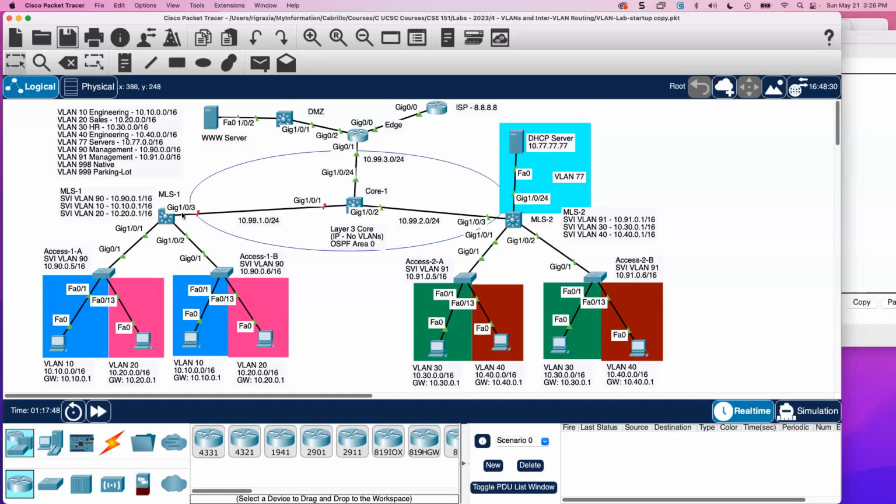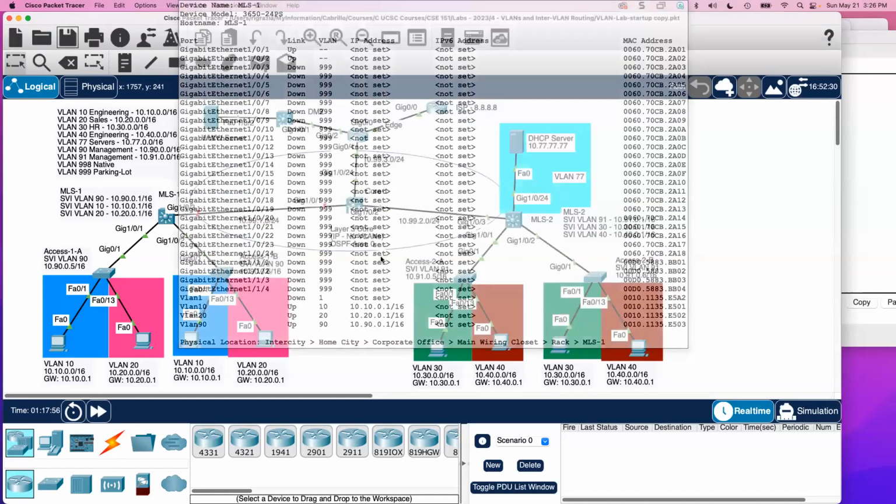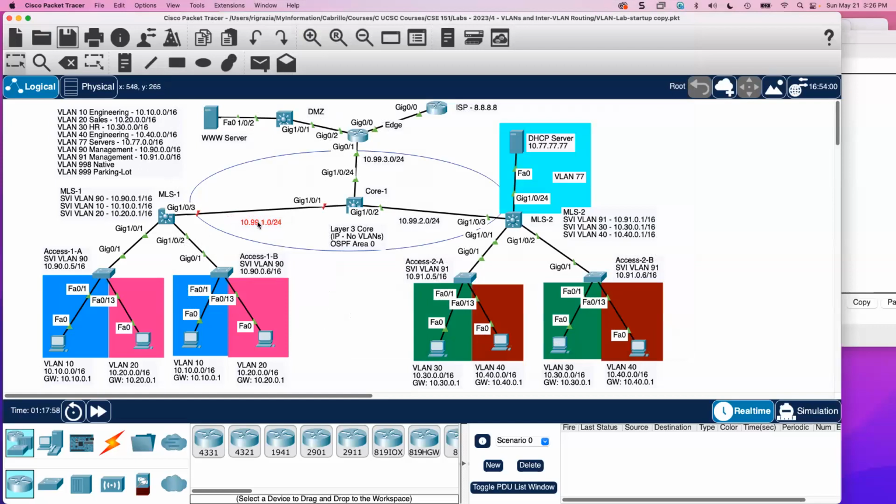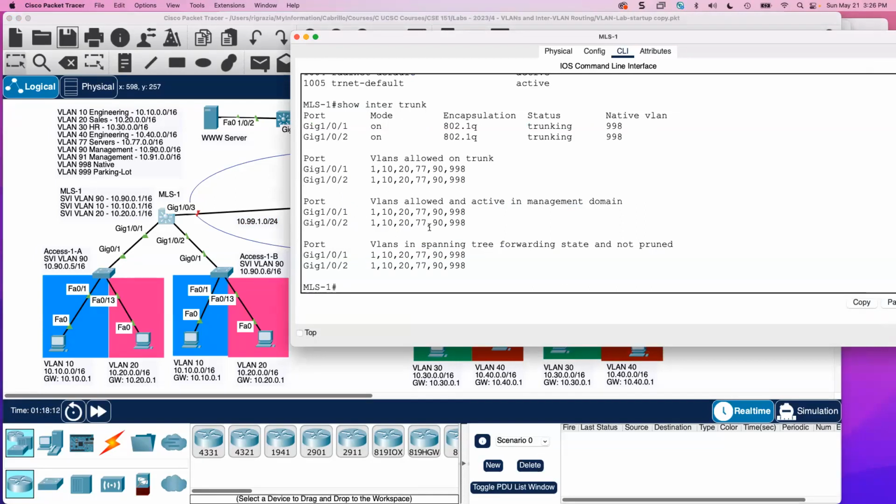This is a routed port, gigabit 1/0/3. We're going to take that physical port and make it just that port. We're going to give it an IP address on this network that it shares with Core. They both have, Core has it. We're going to give Core an IP address on this network too. Okay, so what I'm going to do is go into MLS1 and I'm going to say